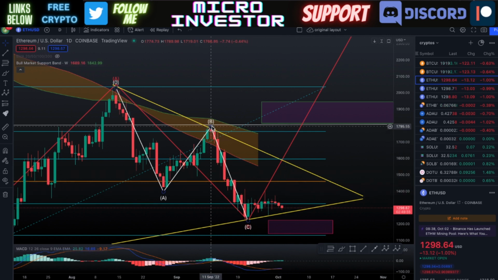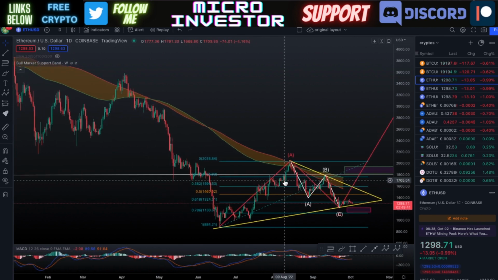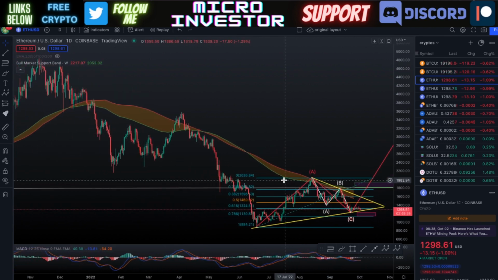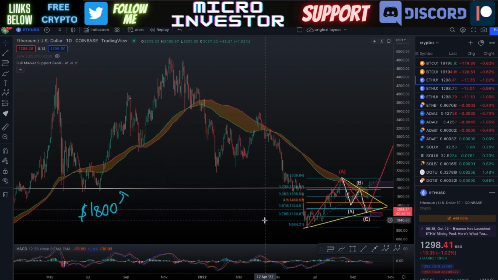And not only that, seeing how the bull market support band is continuously dropping, that $1,500 price is going to be much more bullish in the next attempt to break through that. And so as we look out here and we look at how things have been playing out, I really think that the opportunity to see Ethereum really start to retrace a lot of these losses and a previous 5-wave down,